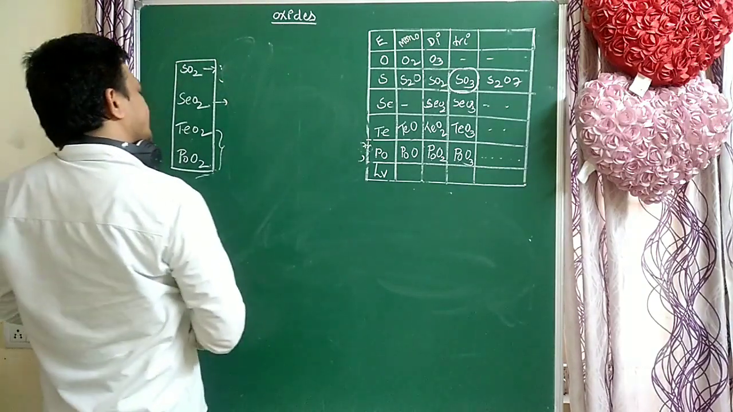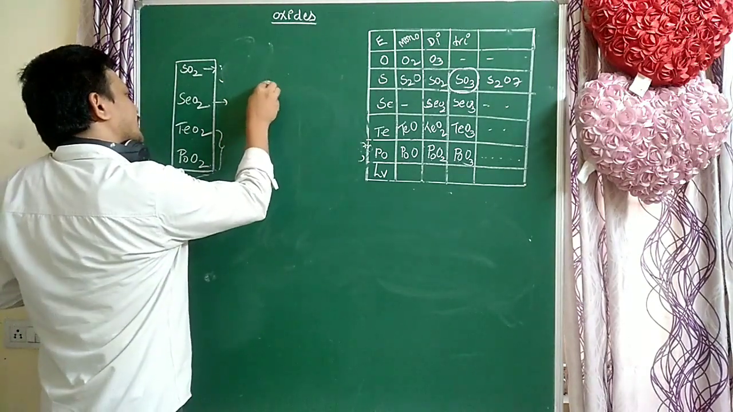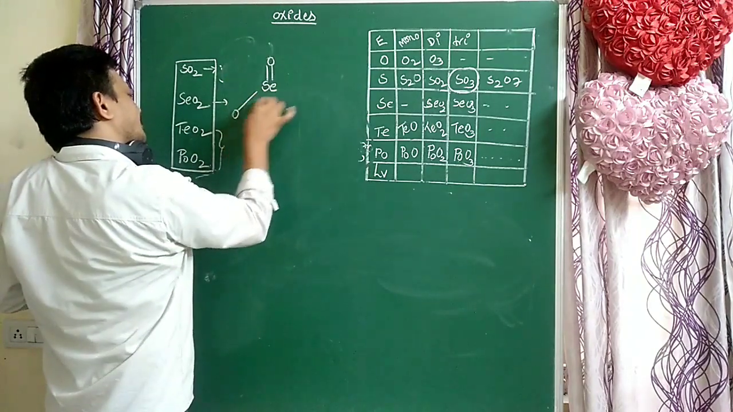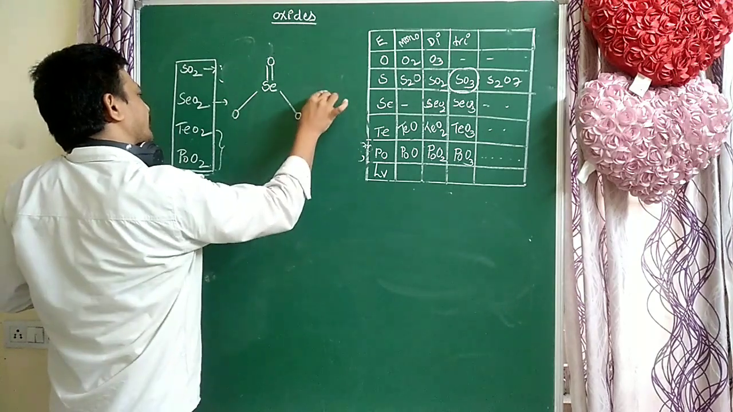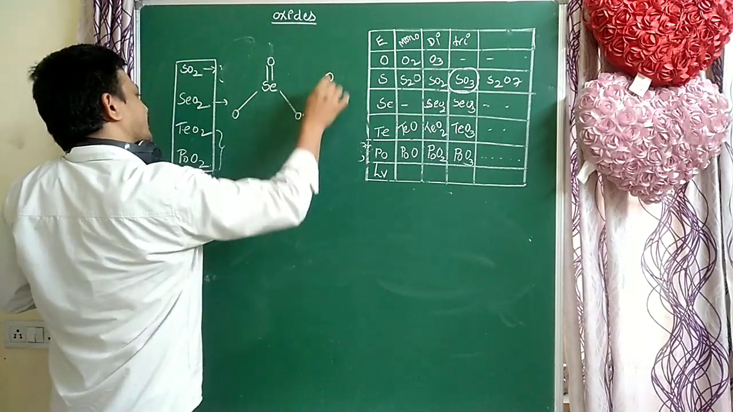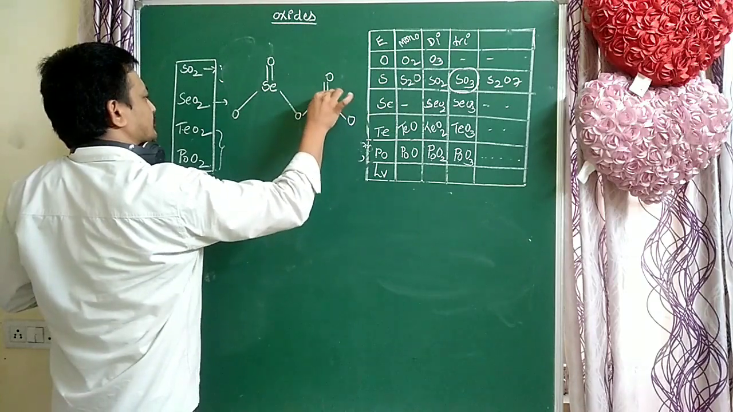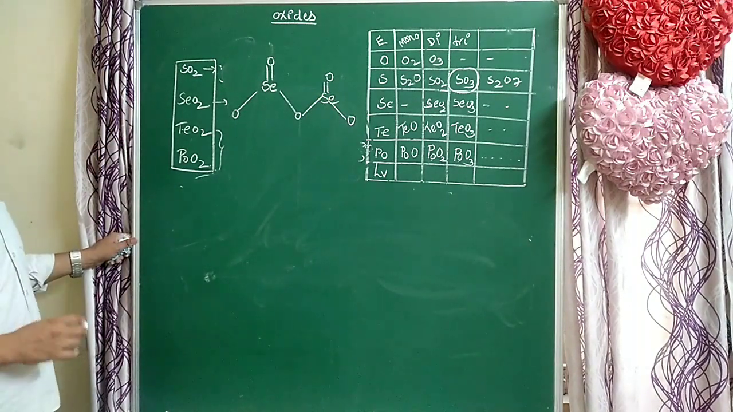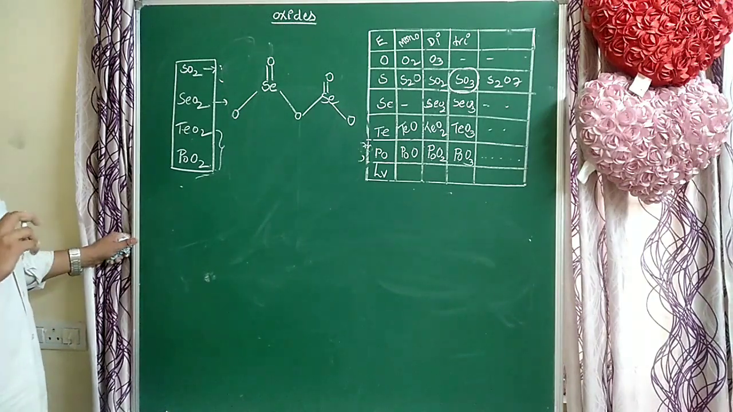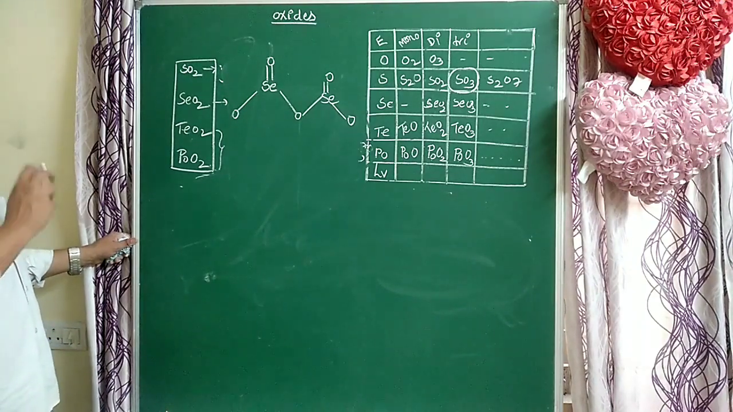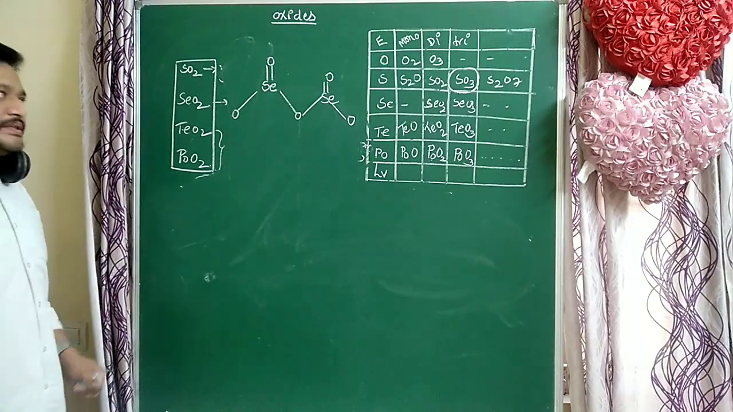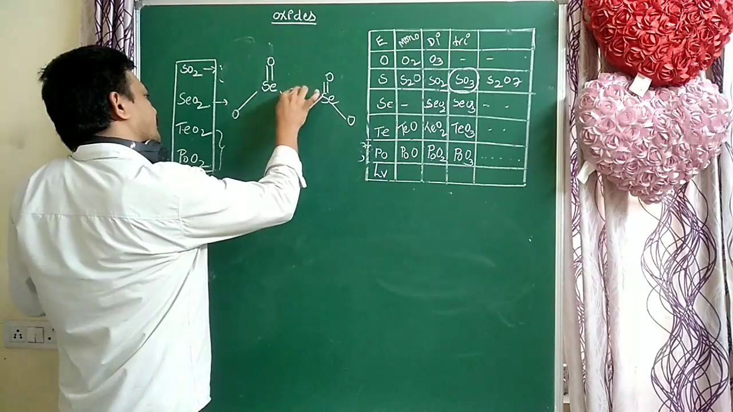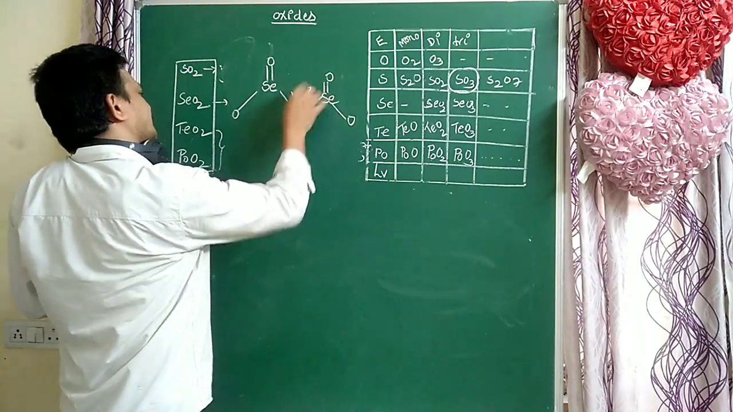So in solid state, SeO2 is a polymeric structure. SeO2 is a polymeric structure in solid state. That is a very important non-linear zigzag structure. Here the O-Se-O bond angle is 125 degrees and